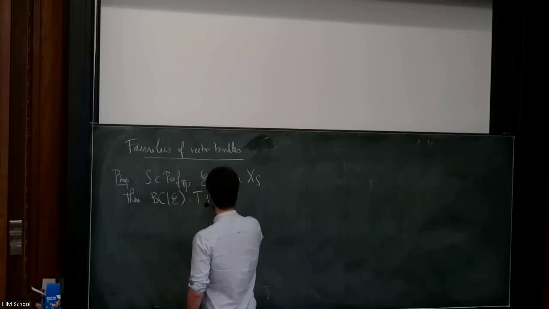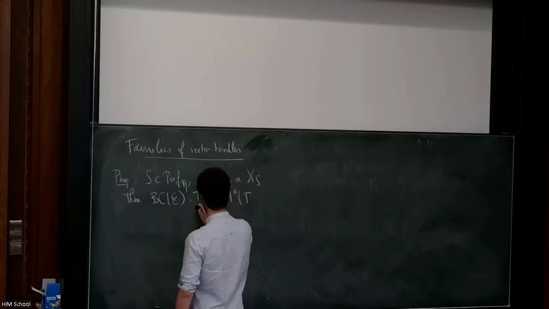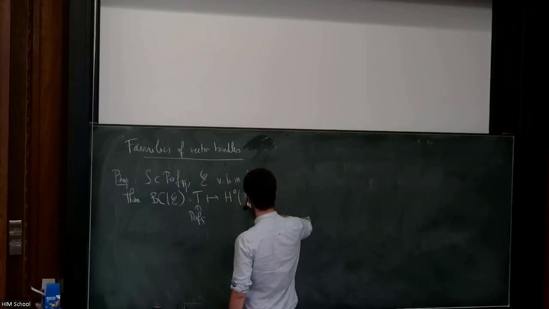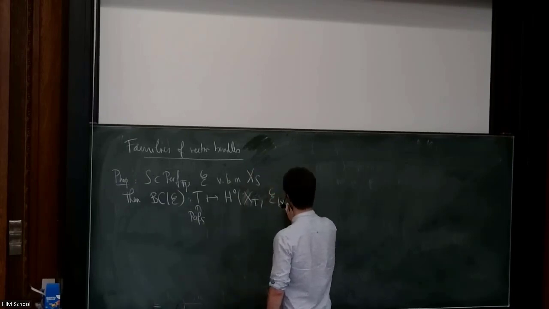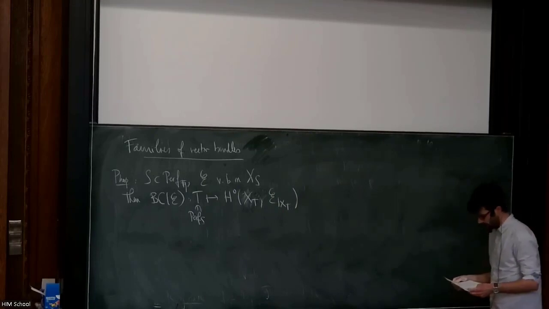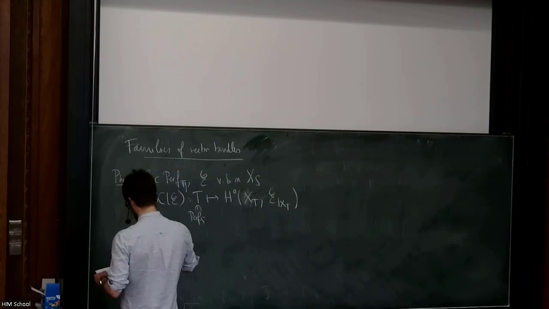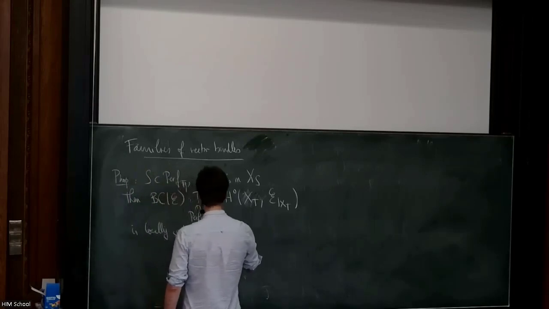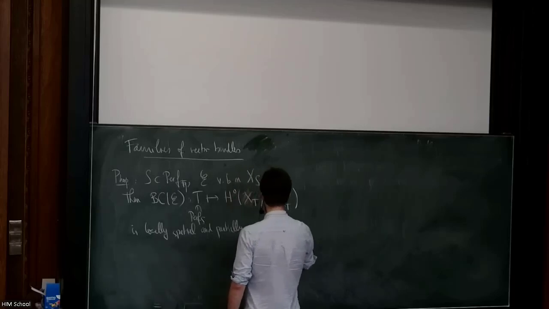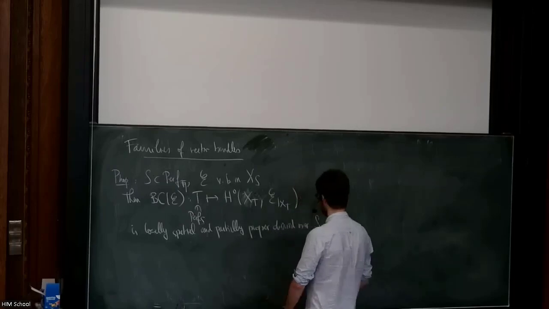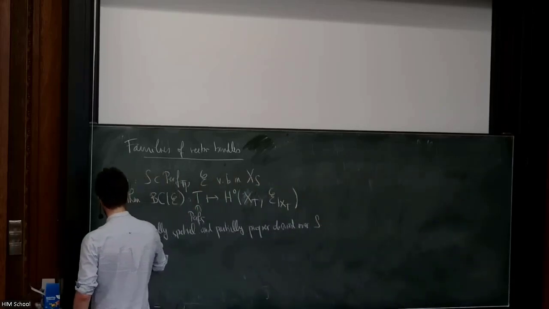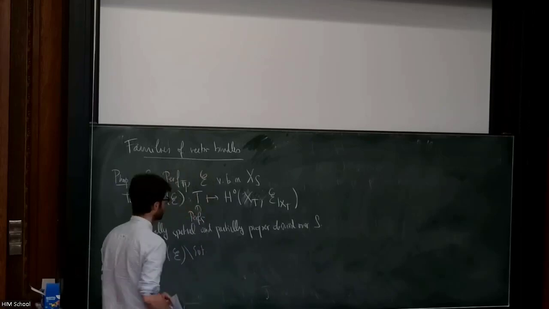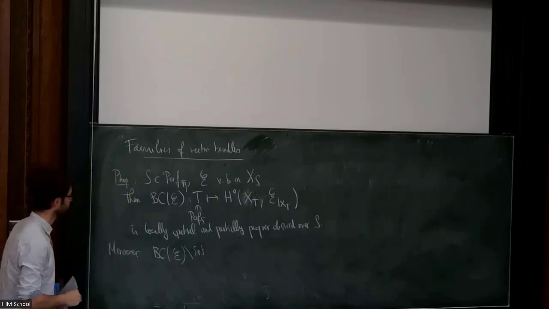BC of E, which I define to be again the functor on the category of perfectoid spaces over S, mapping T to H^0 on the Fargues-Fontaine curve for T of E. I claim that, okay, first of all, is as before a locally spatial and partially proper diamond over S. But even better than that, if I remove the zero section, so it means that I only look at global sections which are non-zero fiber-wise on T,